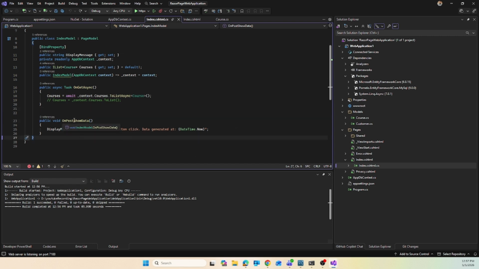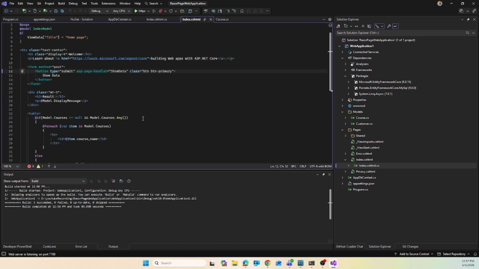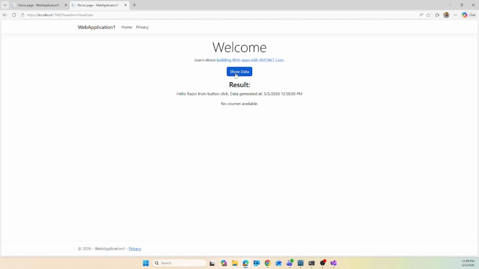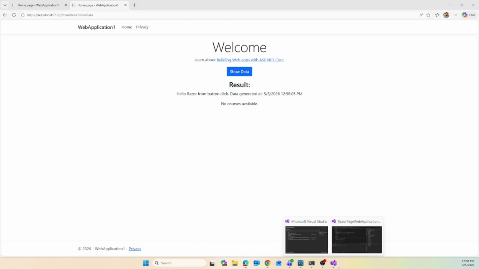So you have to remember one thing: if the function handler name is show data, you will have to write the OnPost here, since I have used the OnPost prefix since the button type is submit, and these are actually Bootstrap classes. And now, for example, you see that one thing: if I run this and click show data, my data is gone, because when you click on the show data, it submits the form and refreshes the page, and when the page is refreshed, then